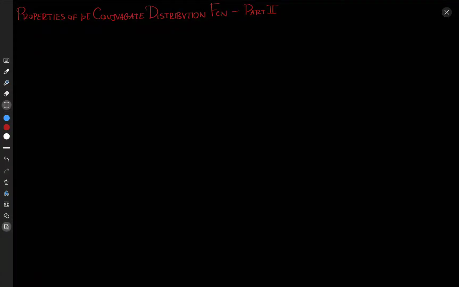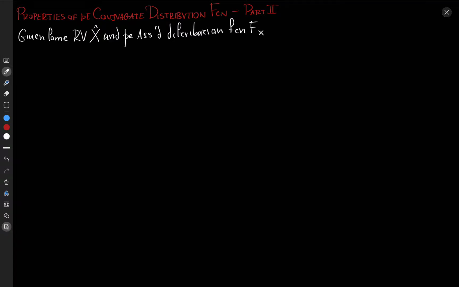Welcome to another video. We're going to be looking at the properties of the conjugate distribution function, part 2. Now, the claim is that given some random vector x and the associated distribution function Fx, and assuming